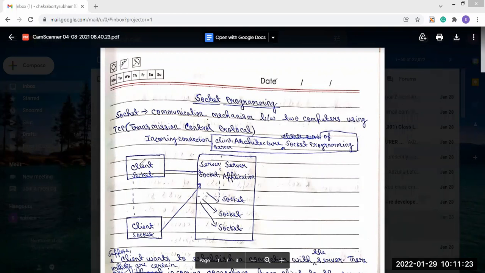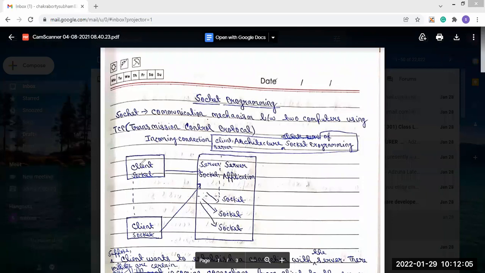In the server side, all the URLs are collected and stored. If yours is matched, the acknowledgement will come to your side, and the page you want to open opens in front of you. That means you, as a user or client, send a request using the URL, and the HTTP protocol takes your request to the server side.